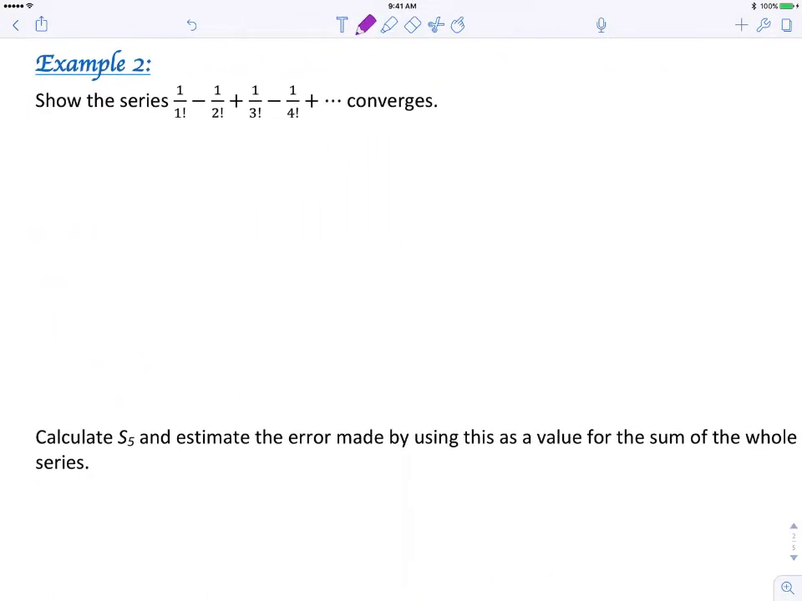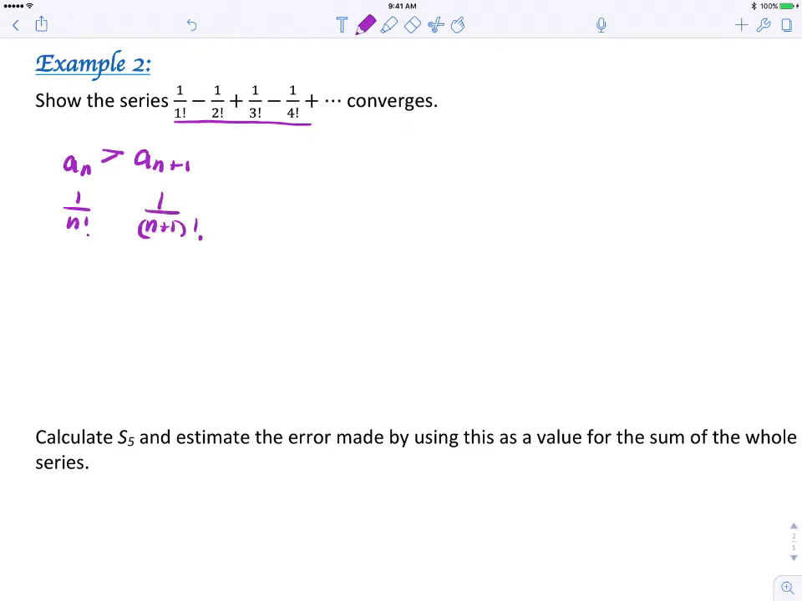Example 2. Show the series 1 over 1 factorial minus 1 over 2 factorial plus 1 over 3 factorial, etc., converges. So first, we recognize this to be an alternating series. We're going to use then the alternating series test. And again, we need two parts. We need the nth term to be greater than the n plus first term when looking at the terms in absolute value. So 1 over n factorial is the nth term, 1 over (n plus 1) factorial is the n plus first term,